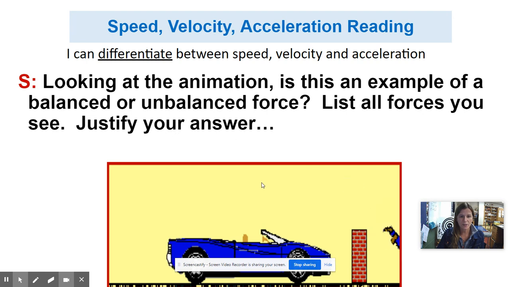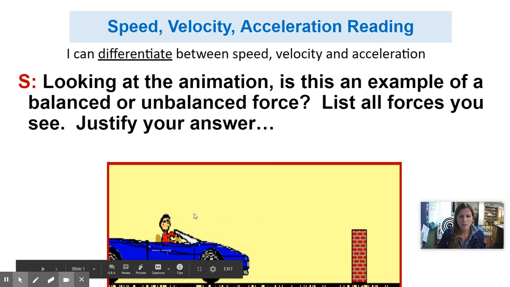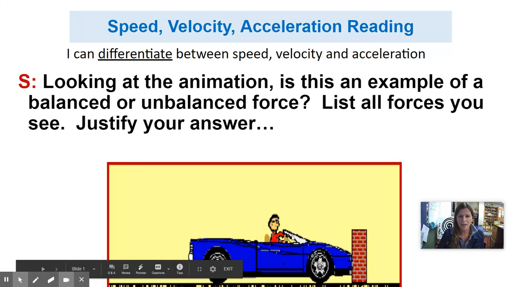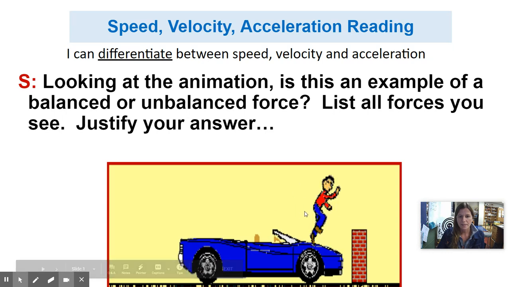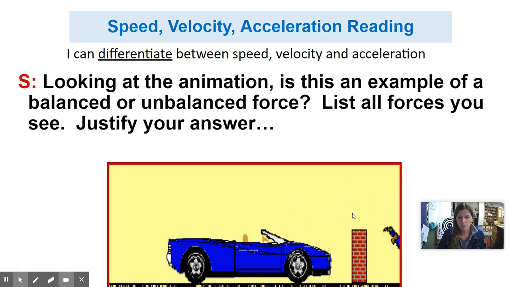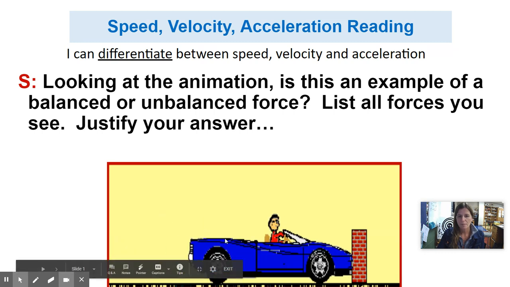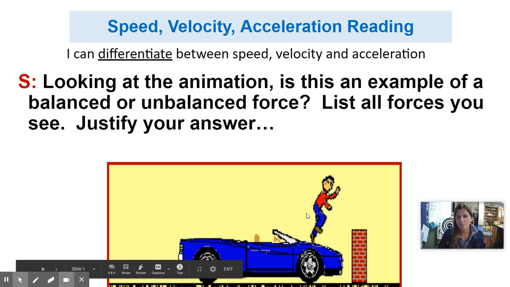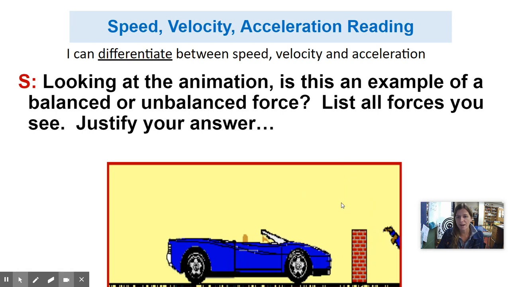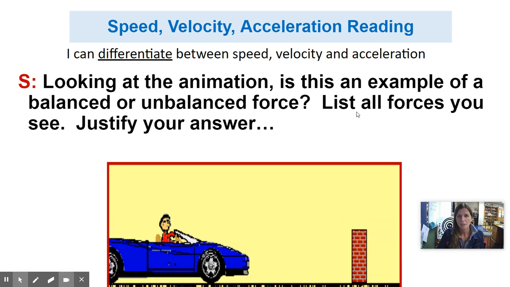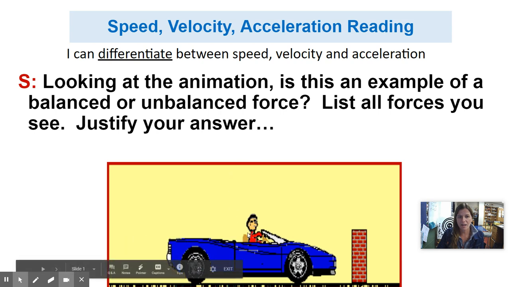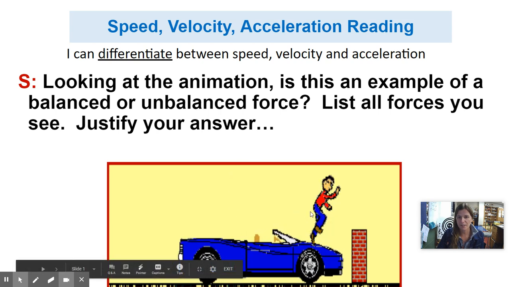Justify your answer. So let's talk about whether these forces are balanced or unbalanced. Since the man is changing his motion, we're going to say that these are unbalanced forces because we can change his speed as well as his direction. The forces acting on this person is going to be